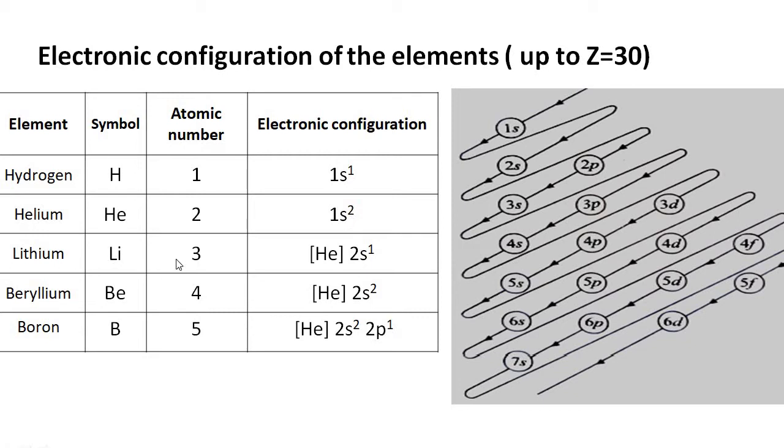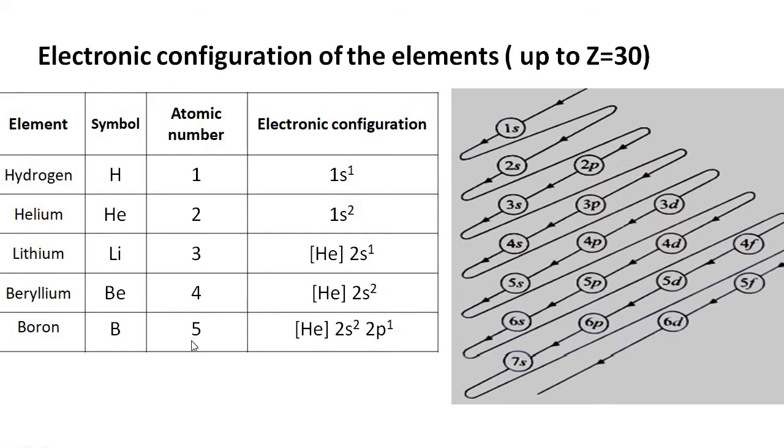Next, for lithium, it has atomic number 3, for which we have to make use of the nearest inert gas, helium. It has 2 electrons. It is written in the big bracket. Then the third electron enters into the next orbital, that is 2s orbital. Therefore, electronic configuration becomes [He] 2s1. Next, for beryllium, 4 electrons. Here the fourth electron enters into the same 2s orbital, which gets paired.